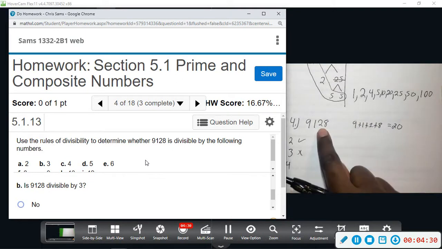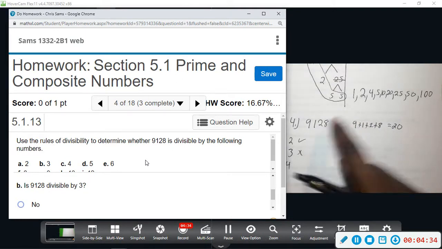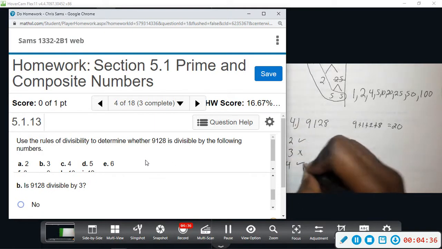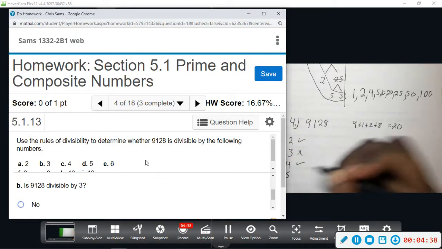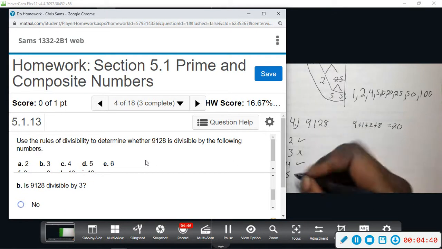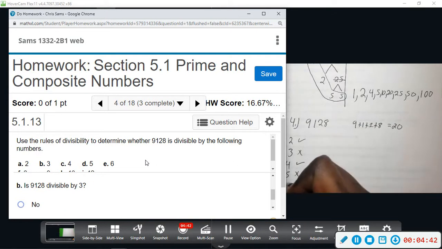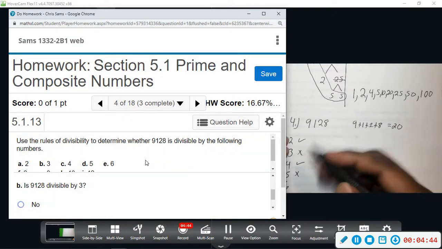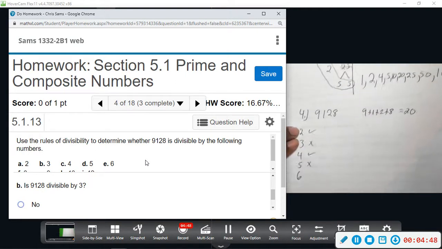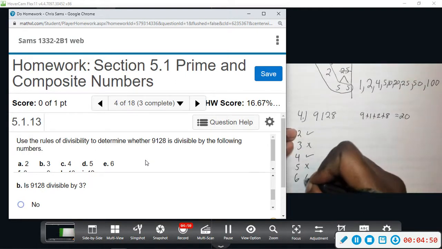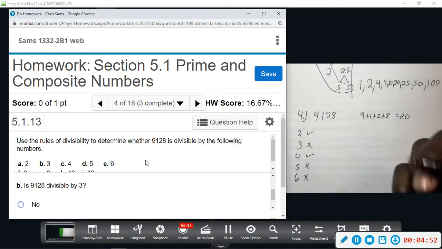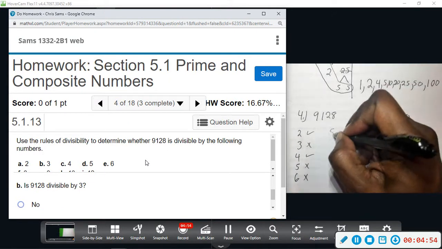4, we look at the last two digits. 28 is divisible by 4. So yes, it's divisible by 4. Divisible by 5, nope, has to end in 5 or 0. Divisible by 6, only if it's divisible by 2 and 3, and it's not divisible by 3. So no go on 6. We don't have a rule for 7. For 8, we have to look at the